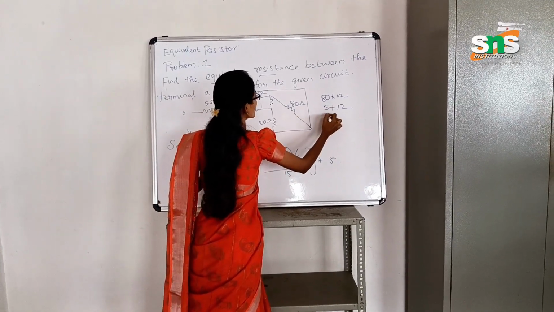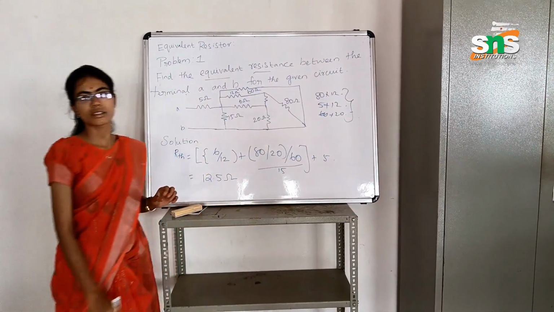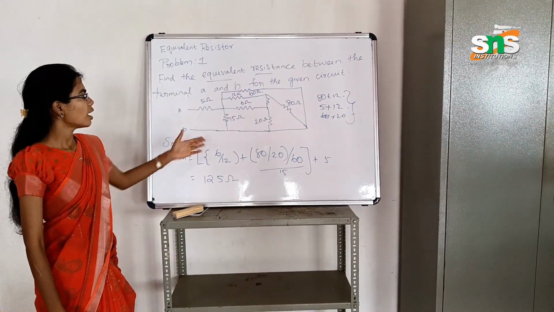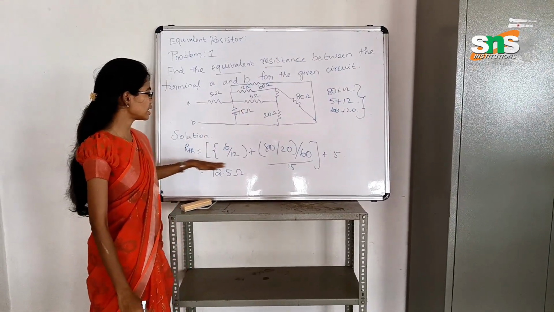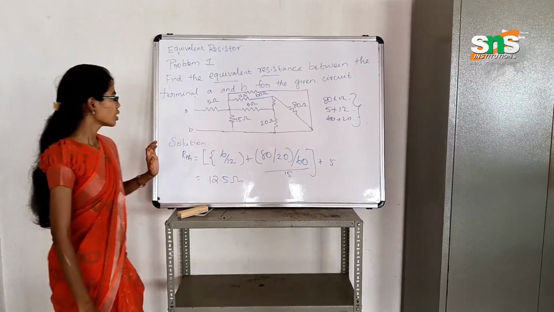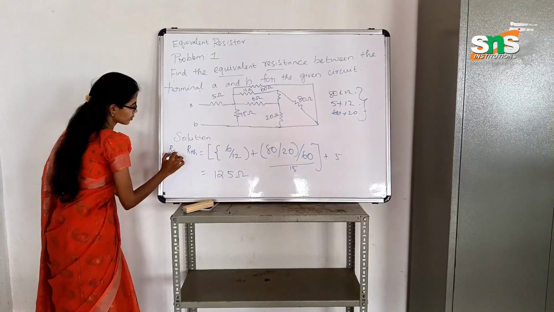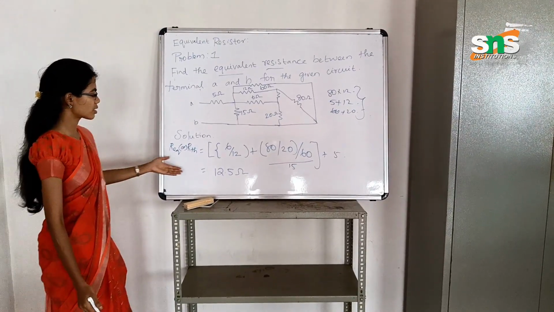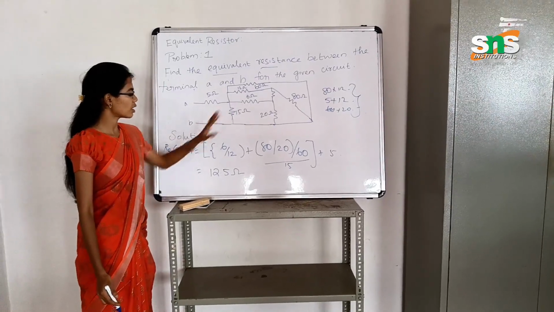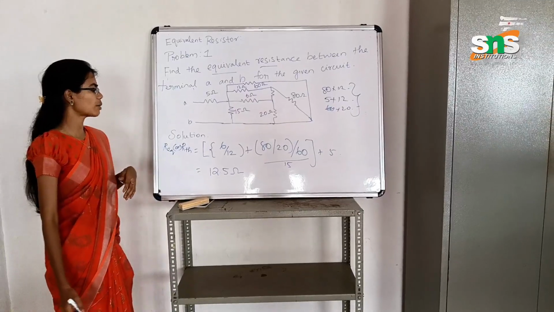These are the series formulas, and then we have to find out the parallel formula. We write this equation as R Thevenin, or R equivalent. By solving this formula, for solving the circuit, we can get the equivalent resistance of 12.5.